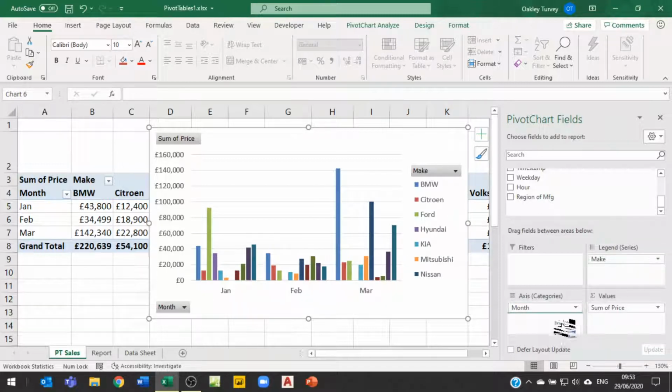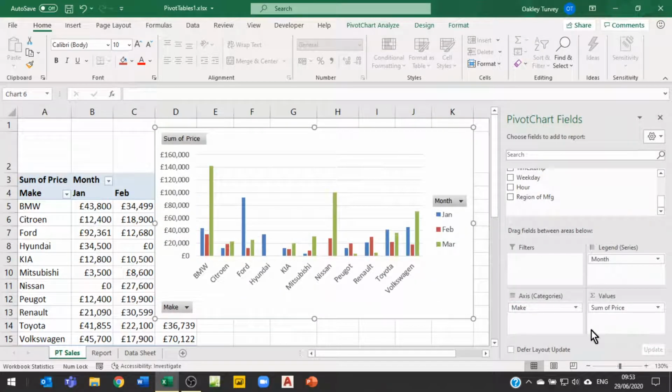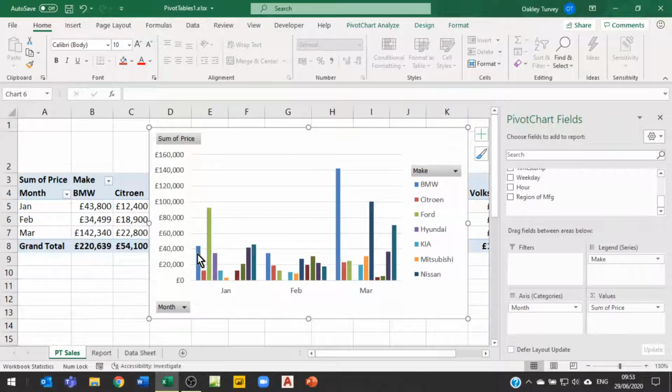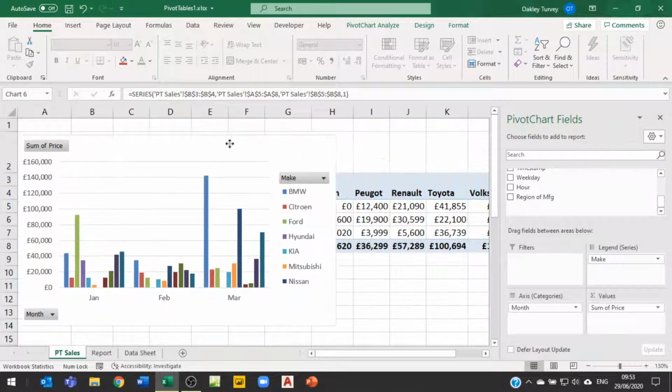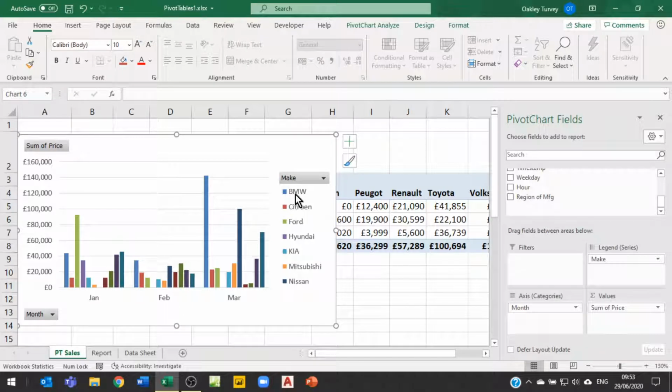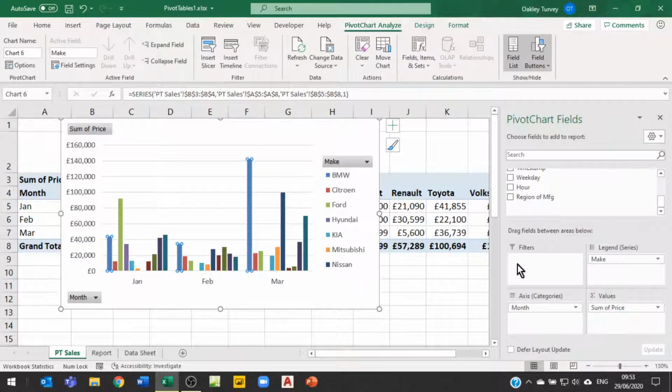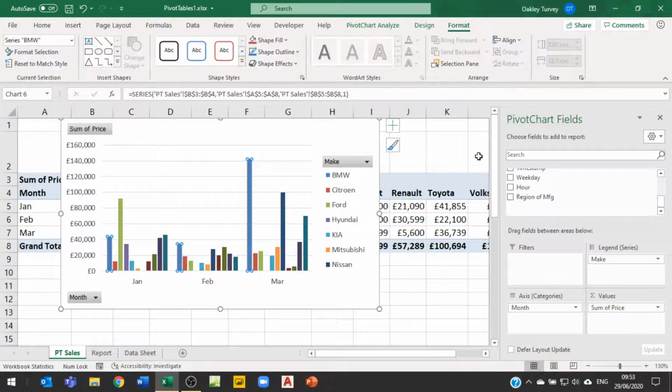I would probably prefer to have it showing the other way, but if I wanted to see a trend, then it's essential that I have my units of time going across the horizontal axis. So what do I mean by a trend? Well, if I wanted to see what the trend for sales of BMW are, I can click on the BMW icon, and in my format settings,